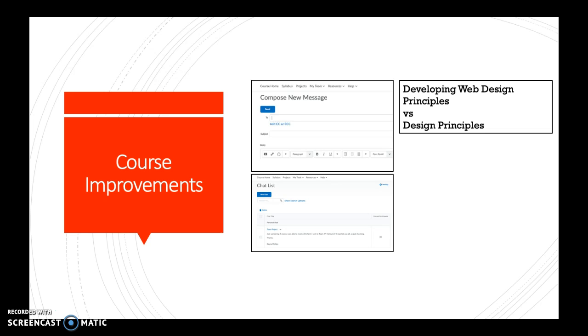Also, there should be consistency throughout the course with the names of the assignments. I know there are shorter names and longer names, but sometimes you just want them to stay consistent, so it can eliminate some confusion on the learner's part, because you definitely don't want them confused on anything.